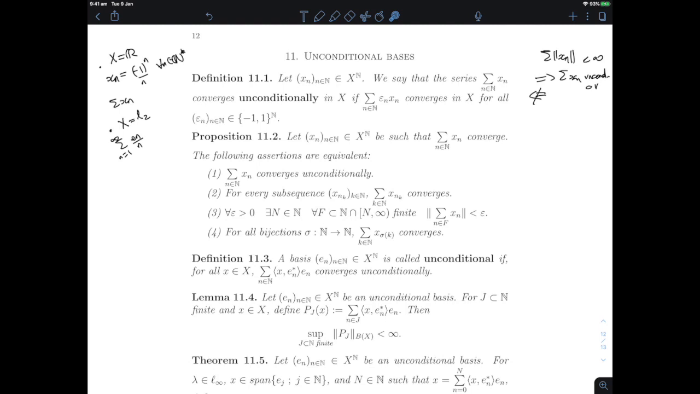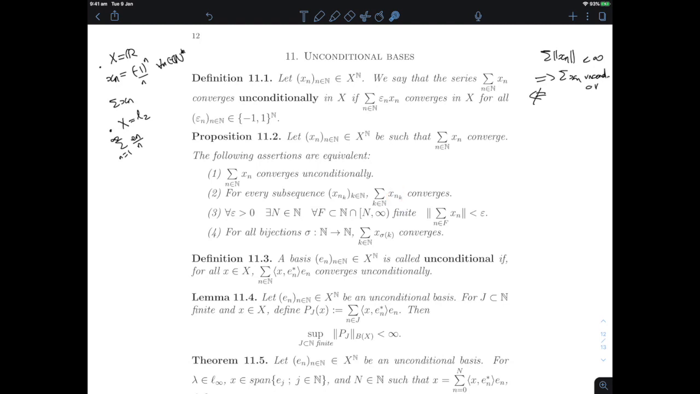Okay, now what we're going to do in this video is see in which way this notion of unconditional convergence in a Banach space works like absolute convergence, which is unconditional convergence in finite dimension. And this is the purpose of proposition 11.2, and it says the following assertions are equivalent. So converging unconditionally, so being able to multiply x_n by plus or minus 1 and keep convergence, is really the same thing as asking for every subsequence, or more precisely the series with general term any subsequence of the x_n,